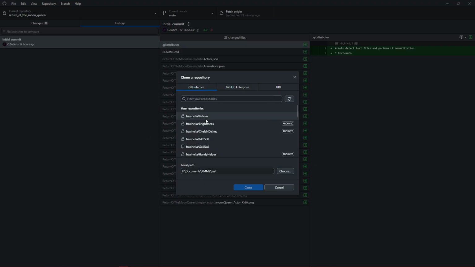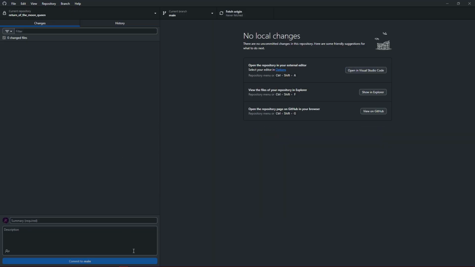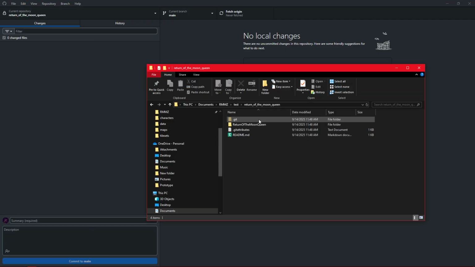And we want to get, what did I call it? Moon Queen, Return of the Moon Queen. So we're going to clone that into this test folder. So when we look at our test folder, we're going to have the thing, and then I haven't nested. This might be a little different, but here's our project folder, and you'll see it's just these two folders and then the base